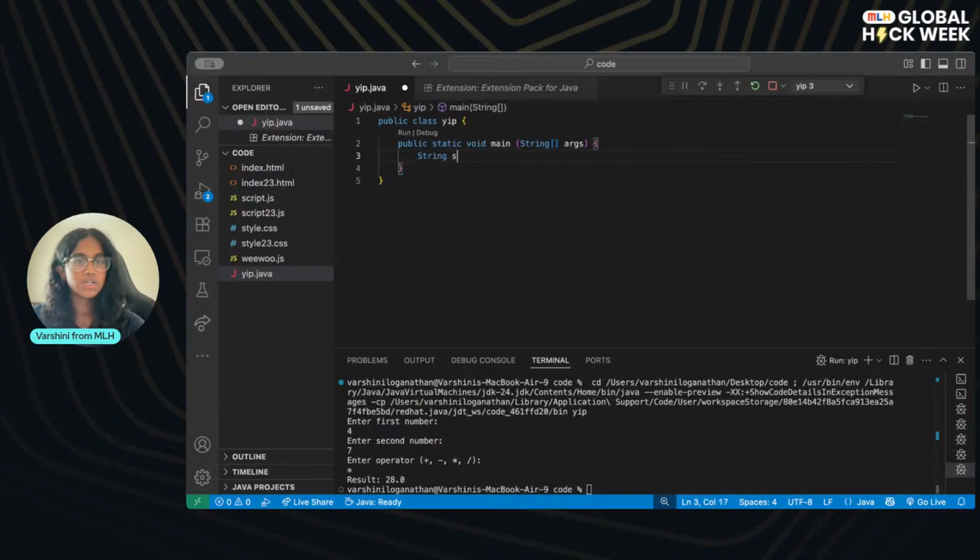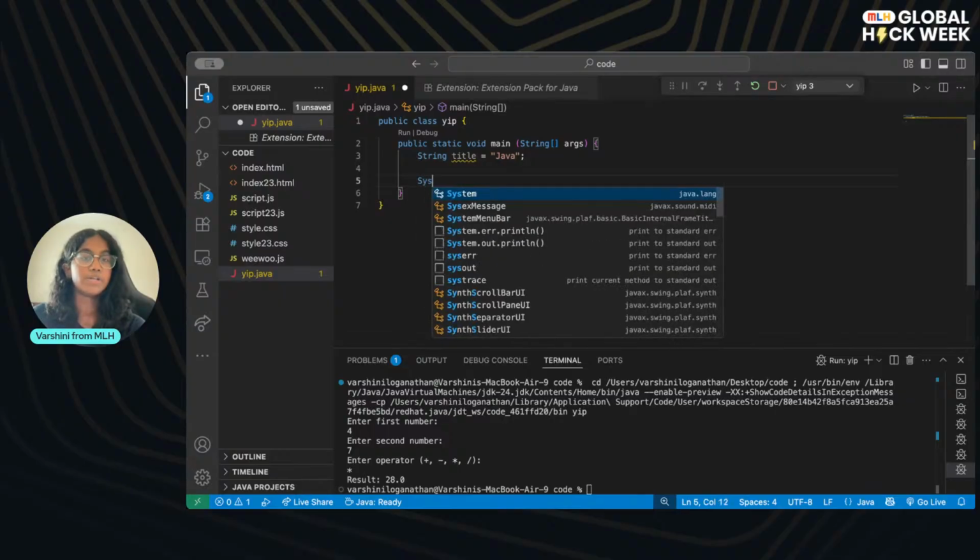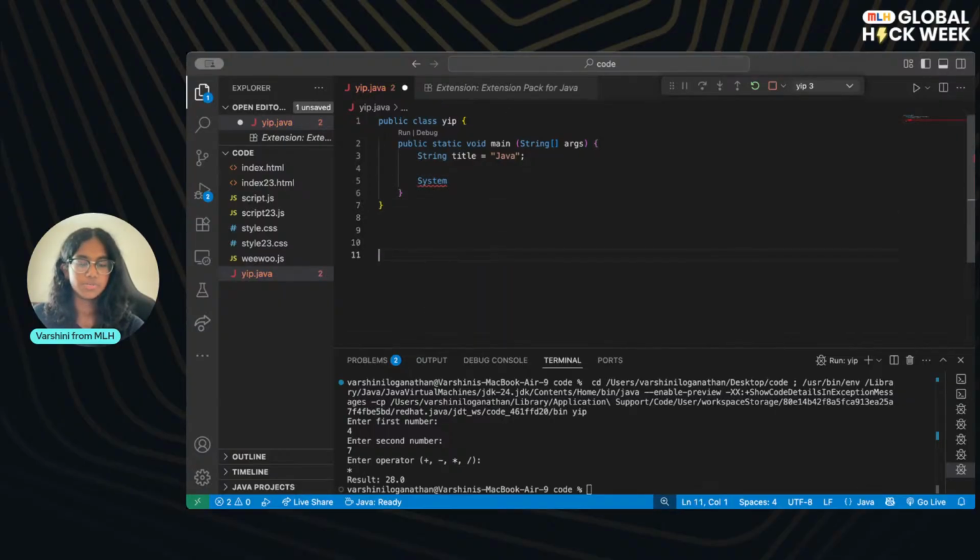I'm going to declare a string and call it title because this workshop is about Java, so I'm going to do Java. Remember, it's the same formatting as before, except we use double quotes because it's a string, like it's text. I'm going to show you 4 different methods. Let me show you what those methods are first.